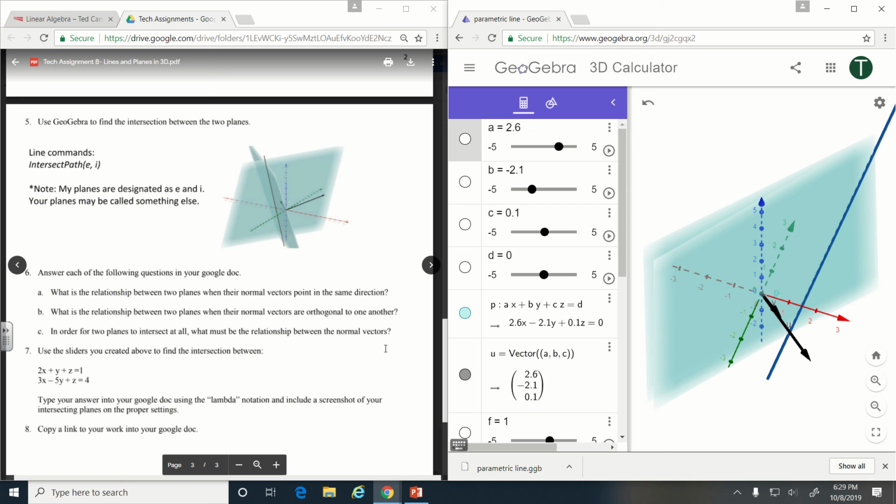I feel like it's Windows Shift Q. I'm going to go for it. Windows